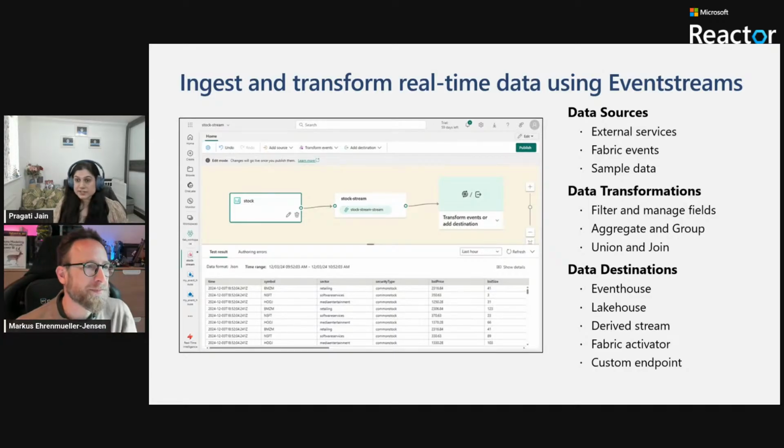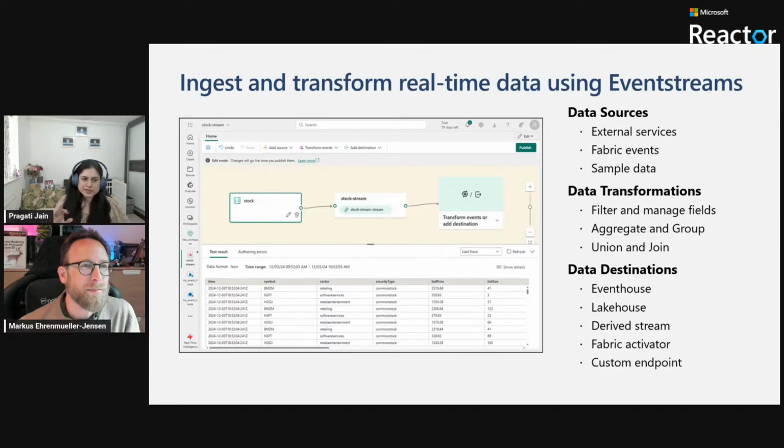Then there could be certain data destinations where you can land your data, like I talked about Eventhouse. When we talk about event streams, the most preferred choice is Eventhouse to land our data, but there are other destinations available as well. Maybe you can land it to your Lakehouse because, say, your data engineers want to use that data to write some magic in notebooks and then further land it for analysis. Or you can also choose derived stream, a Fabric Activator, or a custom endpoint as data destinations.